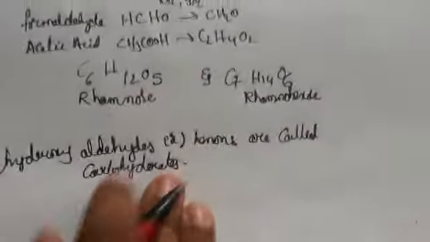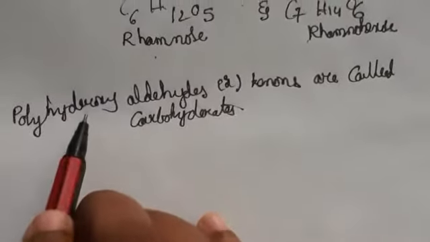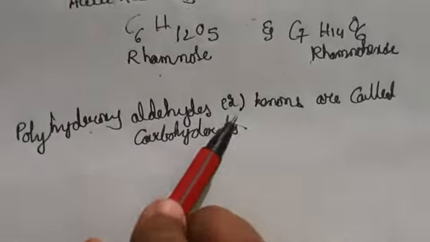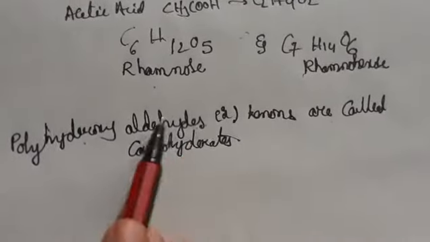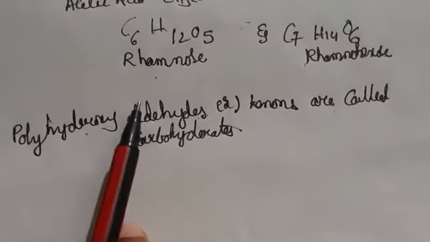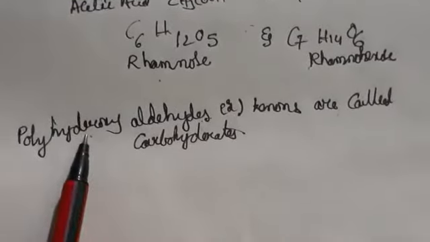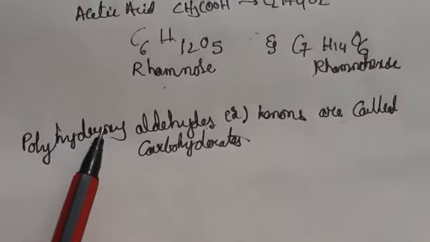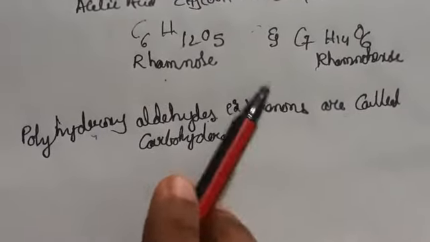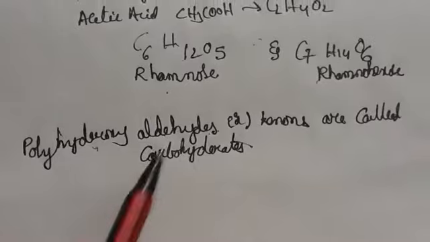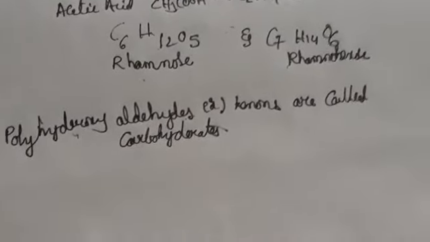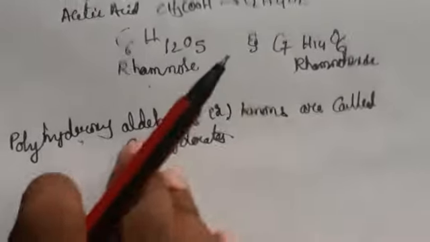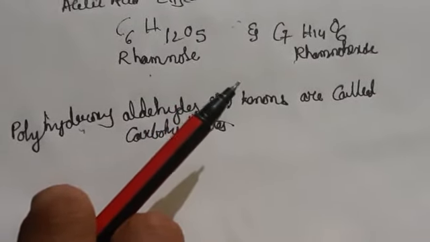See here, what do you mean by carbohydrates? Carbohydrates are polyhydroxyaldehydes or polyhydroxyketones. Polyhydroxy means the OH group can occur many times, one or two or many more. In the same way, ketones can also contain them. This definition we call carbohydrates. Examples we can take are glucose, fructose, sucrose.